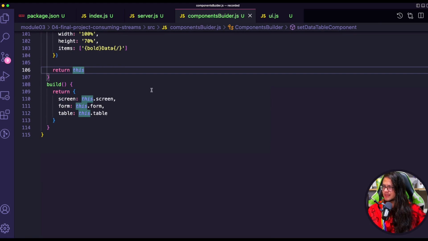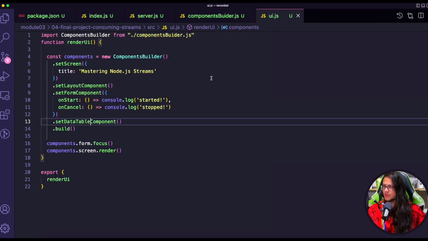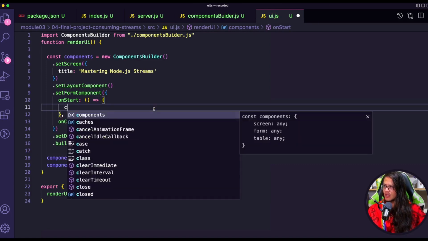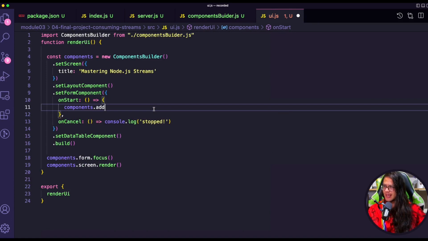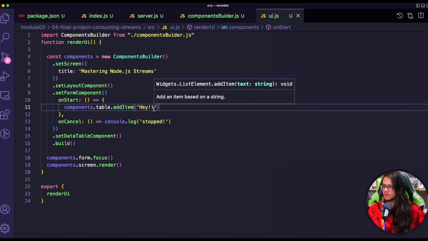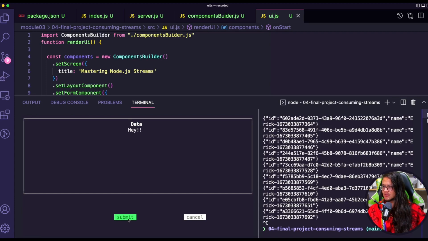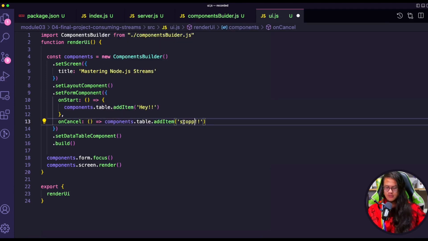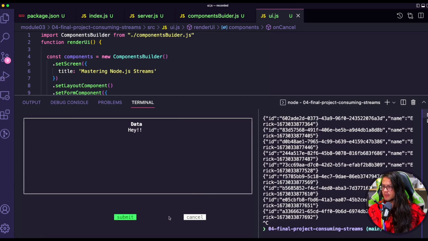Right now, we could try something. We can go back to our UI and say, when I click on the start button, I want to use the components, actually components.table.addItem. Hey, and let's see what it does. So I'm putting here, and you can see all the information here. The console is on the logs there, but it should be also here. So you can see the stopped. So if I press submit,